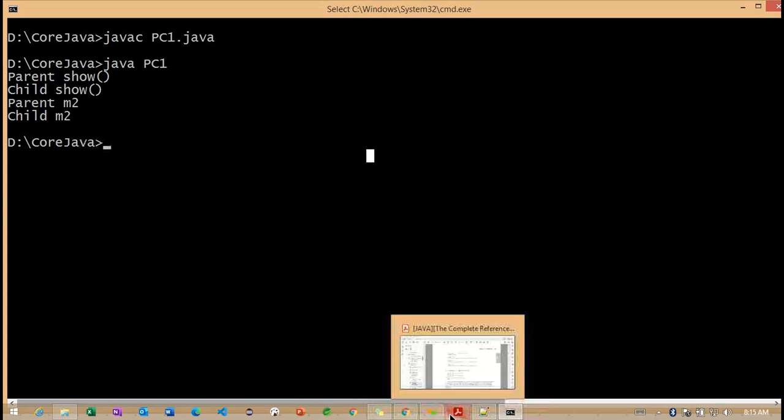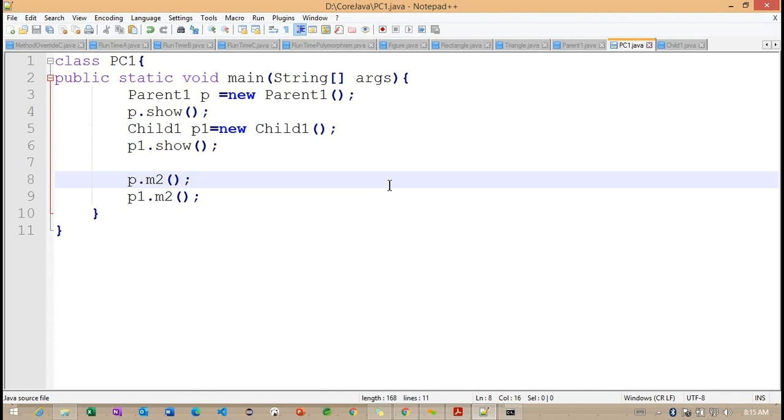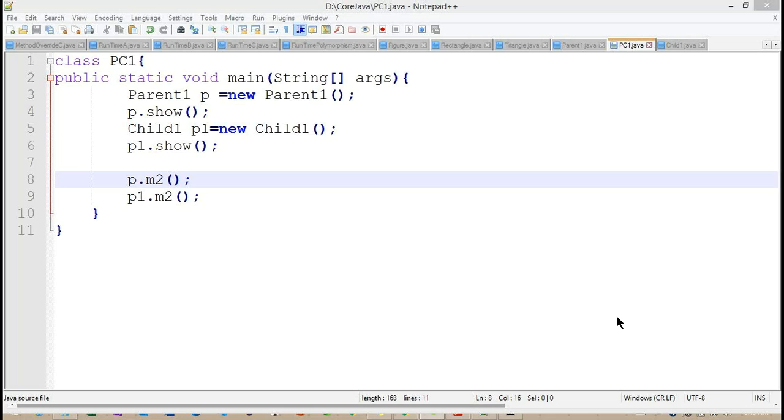So before discussing the remaining inheritance concepts here. Do we have any particular name for this? Like we are defining parent name of P1 equal to new child object, right? So this notation, do we call it with any term?